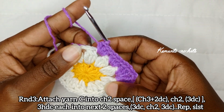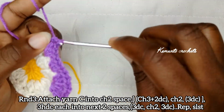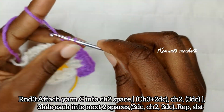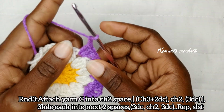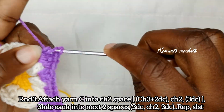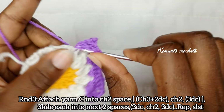To do that, place 3 double crochets, 1, 2 and 3, then chain 2, 1 and 2, and into the same chain 2 space, place 3 more double crochets, 1, 2 and 3,